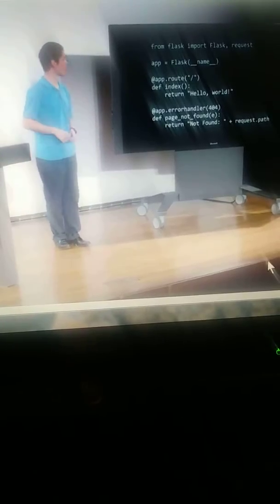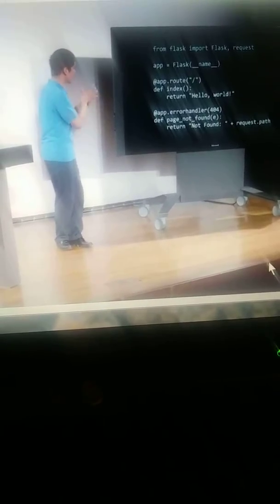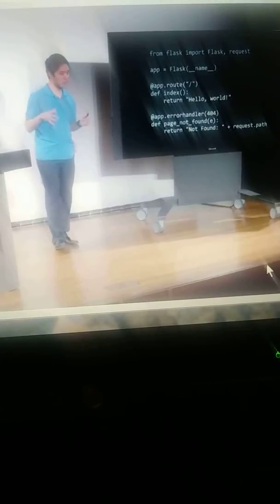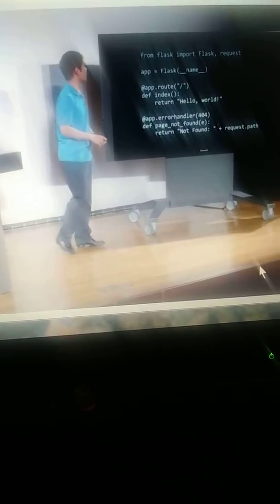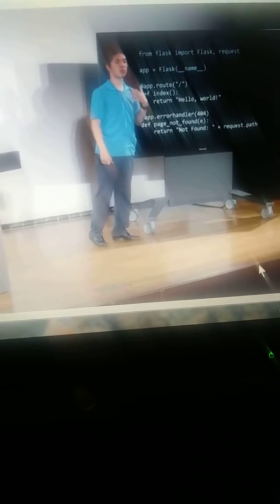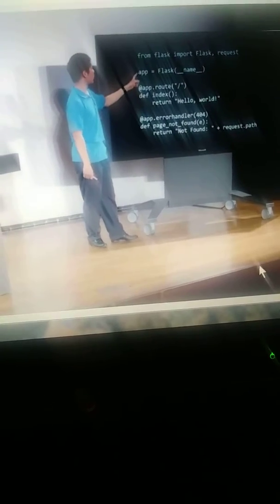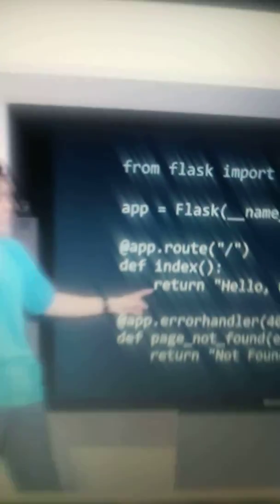Let's take a look at a very simple Flask application. This is, in fact, the entire Flask application, the contents of application.py, and there is a major cross-site scripting vulnerability inside it. Let's see if we can tease apart where exactly that is. At the beginning, we import Flask and we import request, which we'll need access to later. We create a new Flask application inside the current module. Then we define a default route. When you go to the slash route, it calls this index function that returns hello world. And then down here we have